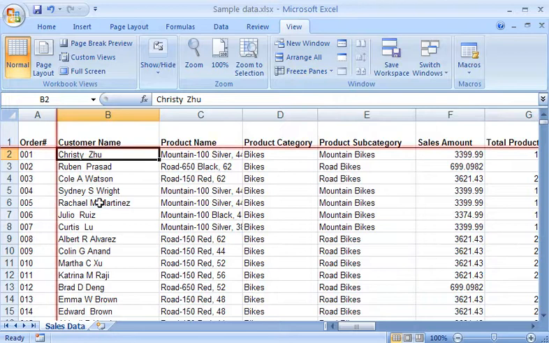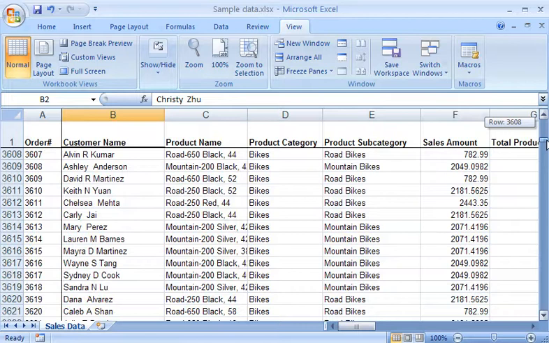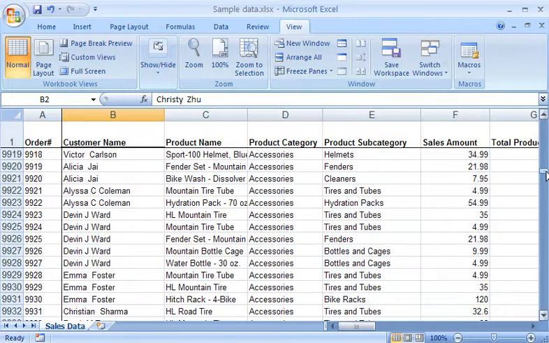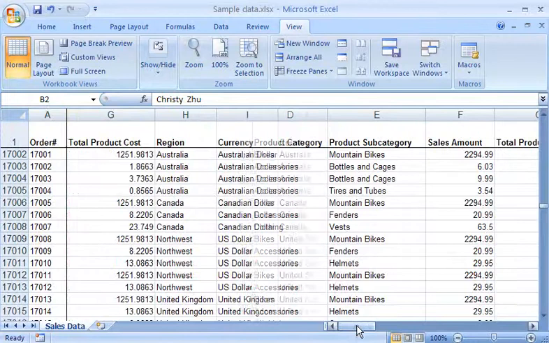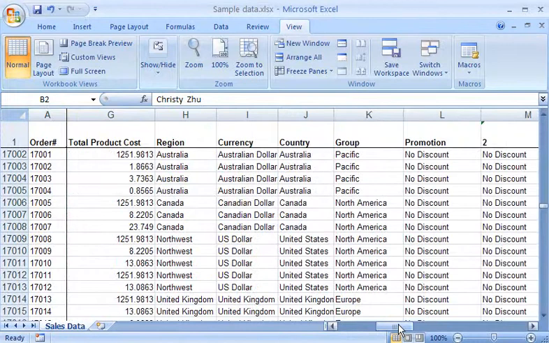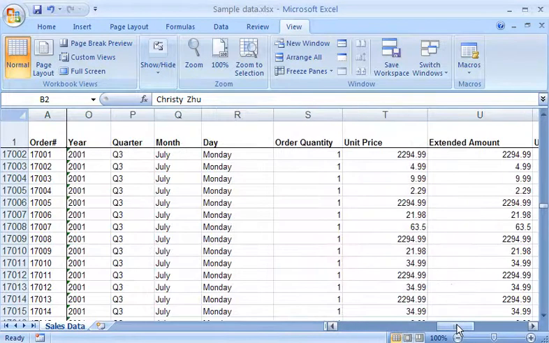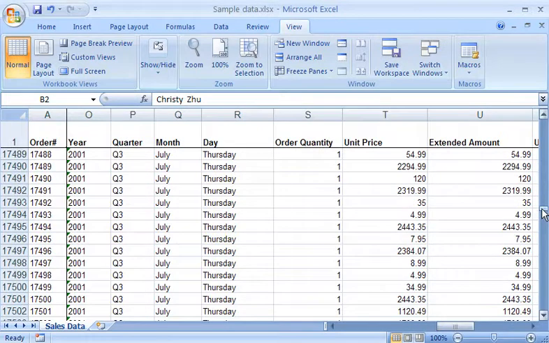Notice that there are two separation lines. When I scroll down, all of the data in the top row remains frozen, and the data in the first column scrolls. When I scroll right, all of the data in the first column remains frozen, and the data in the top row scrolls. But no matter where I am in the worksheet, I can see the top row and the first column. Freezing and unfreezing panes changes how I can view the data without affecting the data itself.